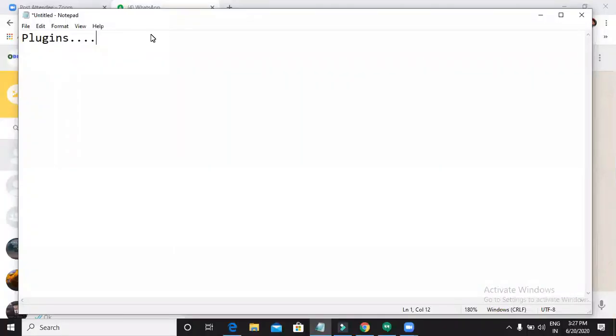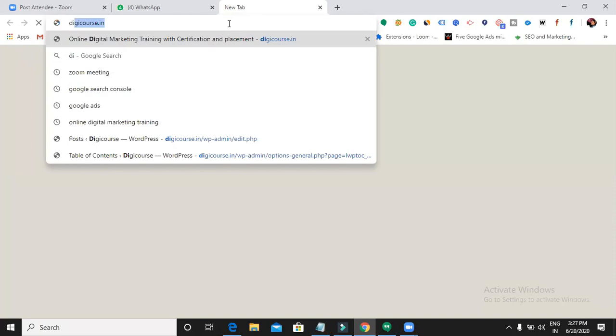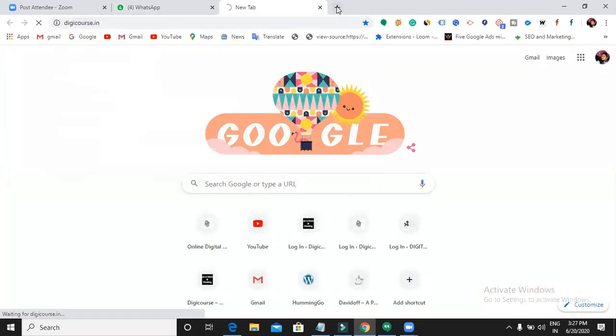Plugins, right? We discussed installing the themes and how to customize them, and we know how to create pages and posts and all. As I told you with an example, plugin means if you want to add extra features to your website, at that time you have to depend on the plugins option. By using the theme only, we can use only the options it provides. That's it. If I want to add anything extra, I won't be able to do it with the help of the theme. That is the reason I started using these plugins, so that if I want to add anything extra in my website, I can do it. I told you one example also, like contact forms and chat boards and all. We're going to see how to create these things.